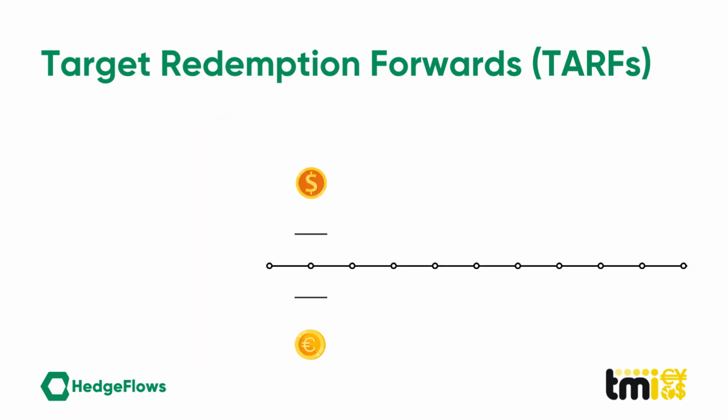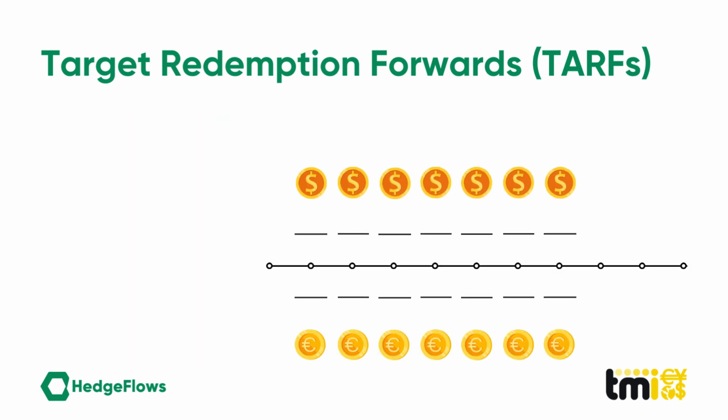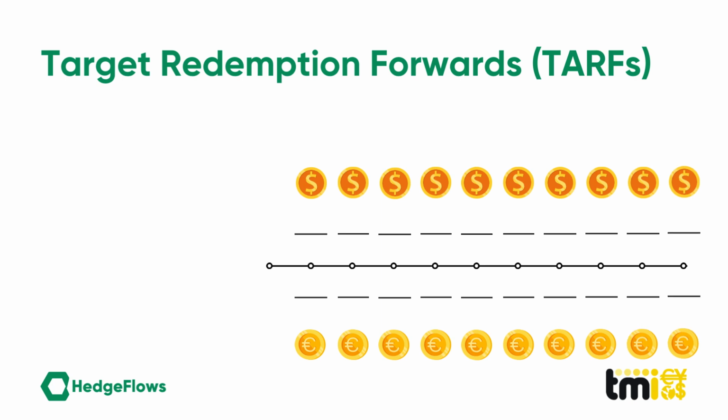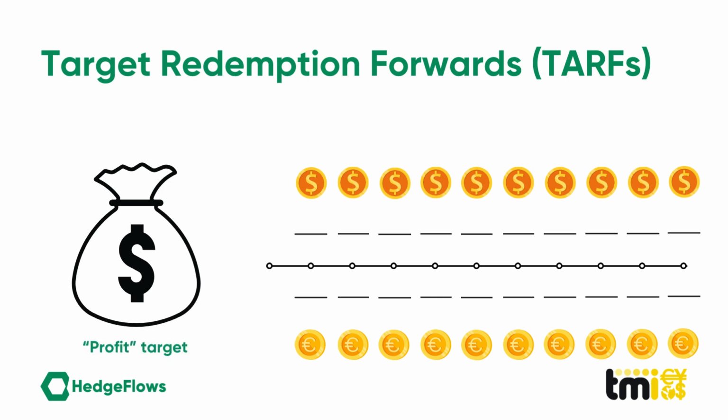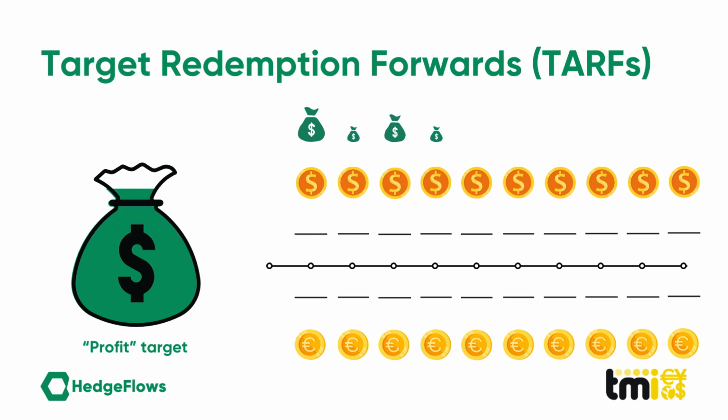A TARF is a series of forward contracts where the investor agrees to buy or sell a currency at a predefined rate on multiple future dates. The defining feature of a TARF is its target redemption condition. This condition sets a profit target for the series of trades. Once the cumulative profit from the trades reaches this target, the TARF terminates automatically, regardless of whether all the scheduled